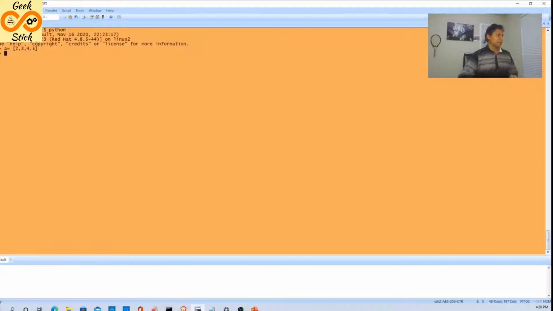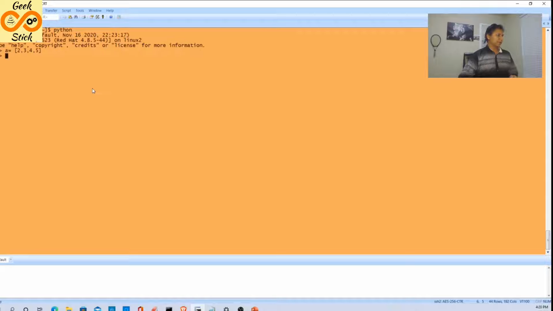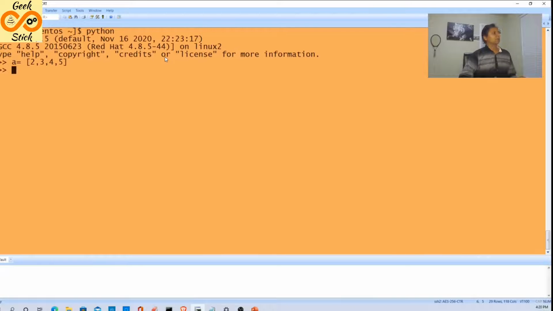Is it big enough, or can we maximize it? It will be convenient for me to use Control plus. Okay, I hope it will be legible enough. Now I'm typing A, so it will give the list of values. If you want to select the second value in the array, I'm giving index 2, because it is 0 based, I'll be getting 4. Yes, perfect.